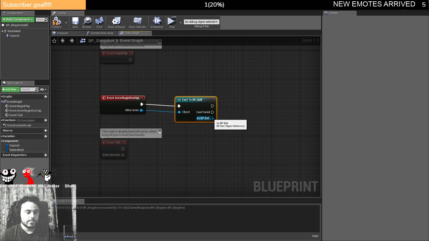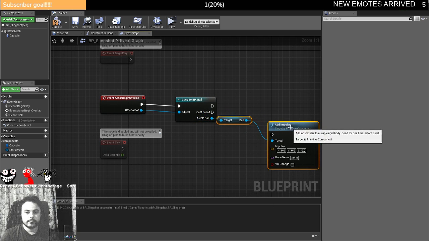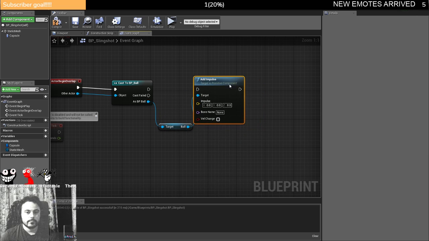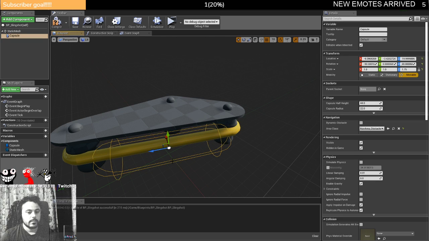Add that impulse, which will automatically get me a reference to the ball mesh. And we're going to set that impulse to be equal to... This is a cheeky little way we can do this. If I click on this, you can see that the red arrow is pointing that way, which actually tells me my forward vector. And in this instance, all I actually really need to do is say I want to go this way. So if I tell this to go negative impulse on the forward vector, it'll push out against the red arrow here. So to do that, if I go and get my capsule,